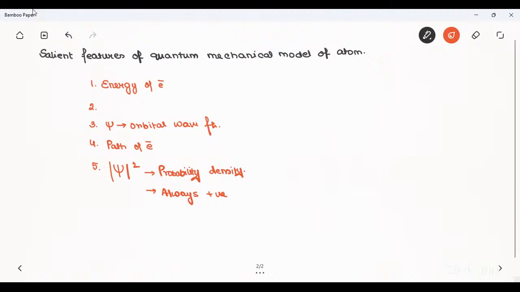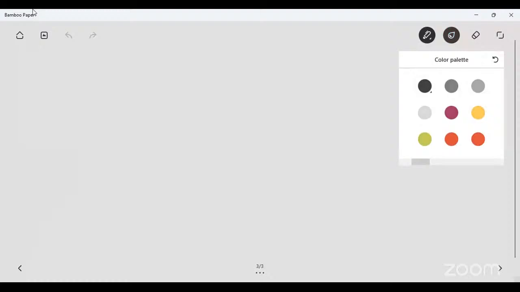What is the next question? The next is a very common question that has been asked to you a lot of times. So this question is: how are the quantum numbers